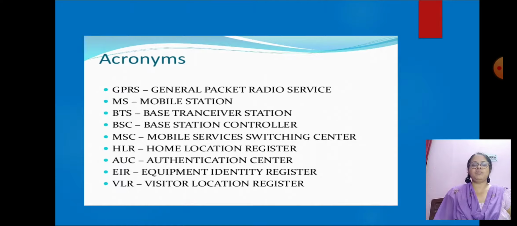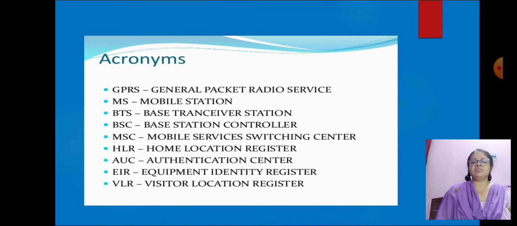HLR, Home Location Register. The Home Location Register maintains a permanent register of the subscriber. For instance, the subscriber identity number and the subscribed services can be found here.